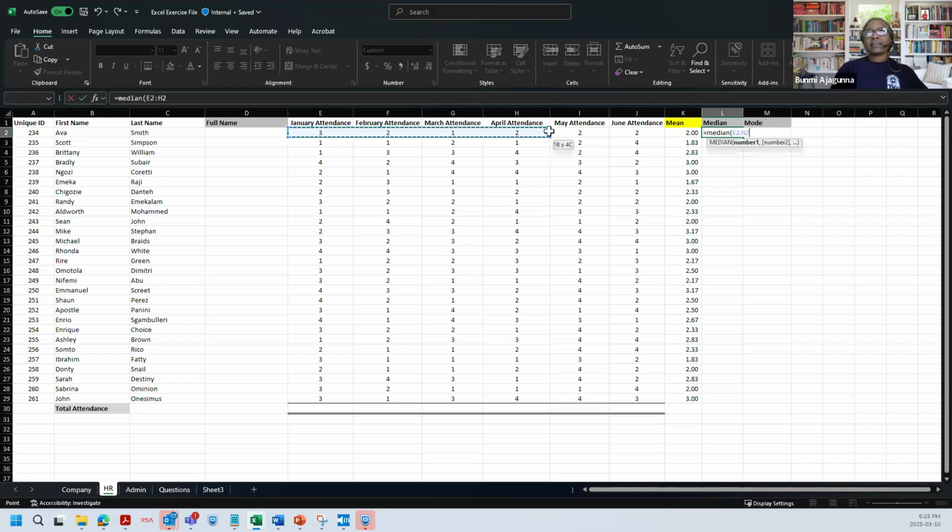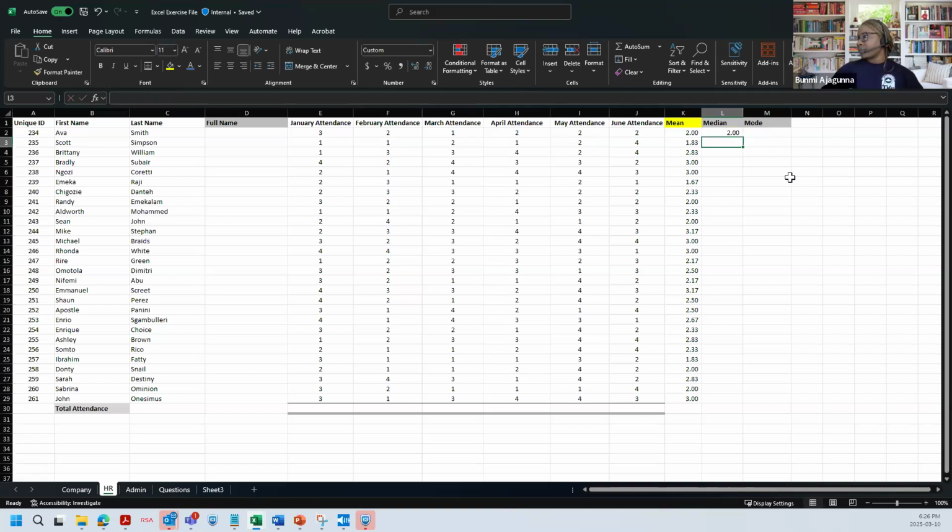So you select from January to June, and the formula you should have there is equals to median, open your bracket, E2 semicolon J2, and then you close your bracket. Many times Excel is very similar to English, but you just need to understand what that code or what that thing means in English. So when you see the semicolon in a formula like this, it's just the English for TO. So what it's saying is that you are finding the median from E2, that's cell E2, to cell J2 and everything in between. Close your bracket and then enter. I hope that helps, Choma.